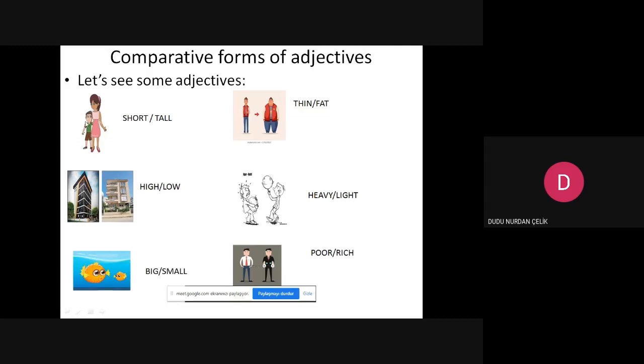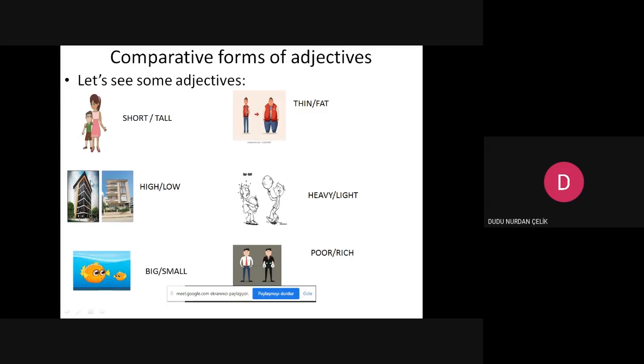Look at these two people, mom and her son. Tall. She's tall. And he's short. We describe their appearance. Tall and short. Look. Thin and fat. We are describing their appearances.